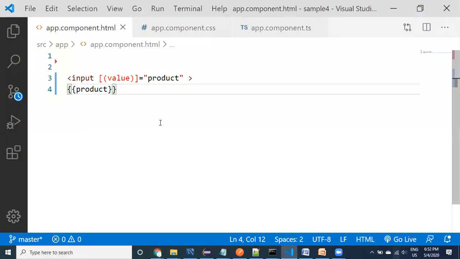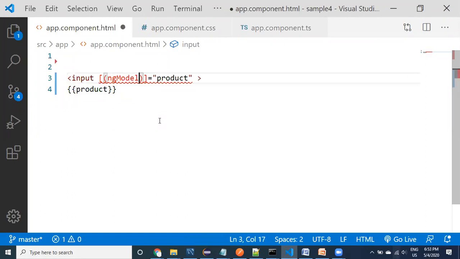Okay, fine, guys. We'll do one thing. To use two-way binding, we need to use ngModel, something like this. We are going to use it in the next part. Let us work with one-way binding initially, guys. Don't worry about two-way binding. I'm going to go ahead with one-way binding first, and I will come to two-way binding later.